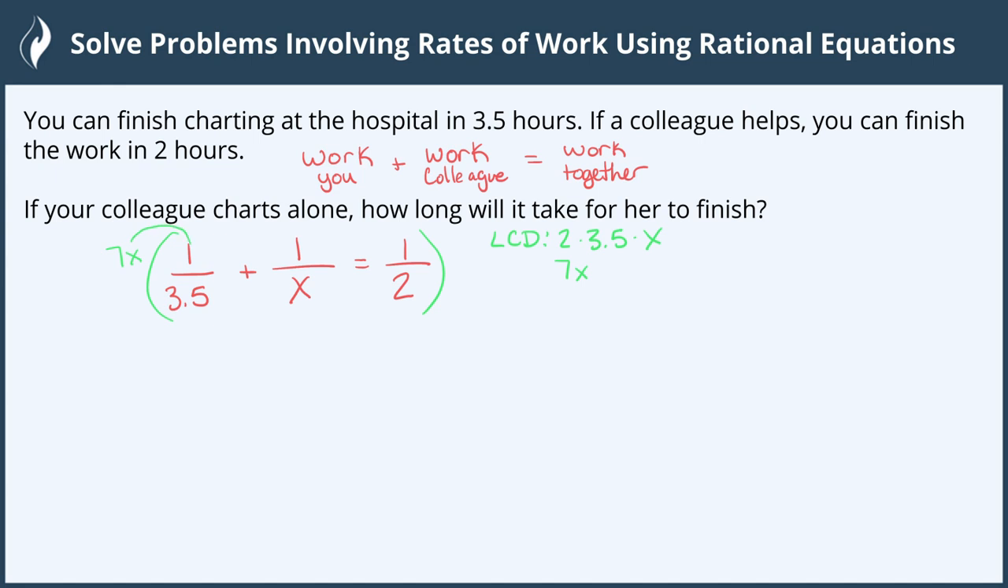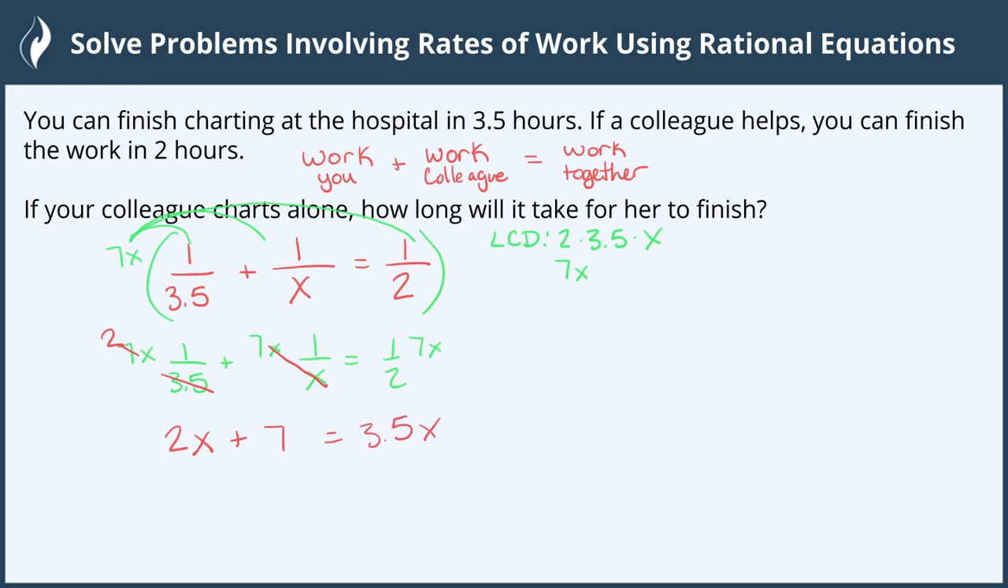And because we're multiplying it to everything, that means we'll use the distributive property to multiply it to each term. So we end up with 7x times 1 over 3.5 plus 7x times 1 over x and 1/2 times 7x. On the first one, 7 divided by 3.5 is 2, so we have 2 left. And 2 times x times 1 is just 2x. So we don't have a fraction anymore. Moving to the next one, the x's will cancel, so we just have 7 times 1, which is 7. And the last, 7 divided by 2,